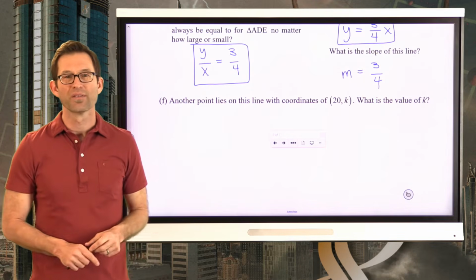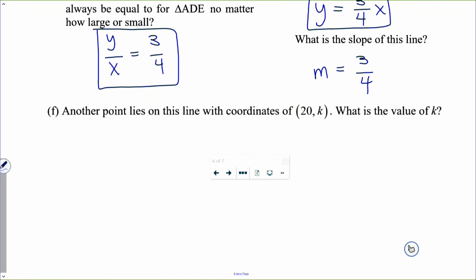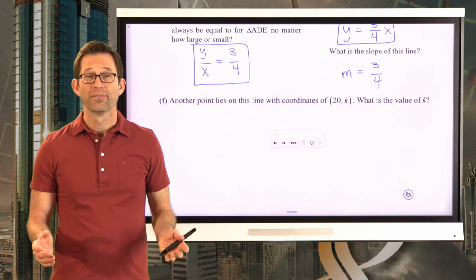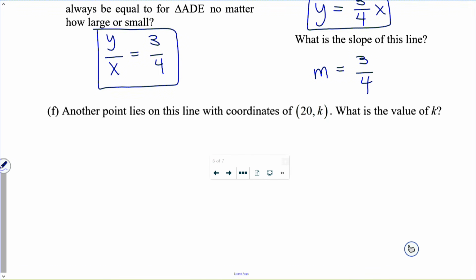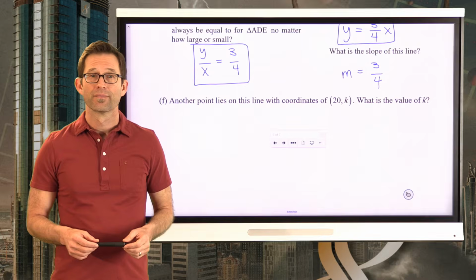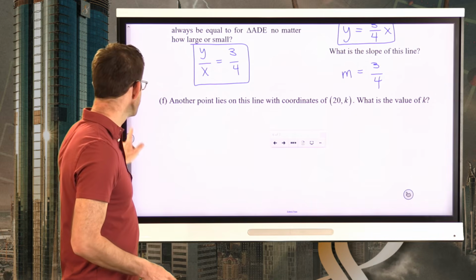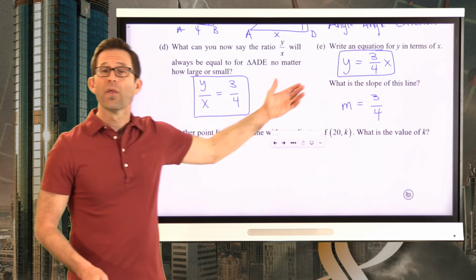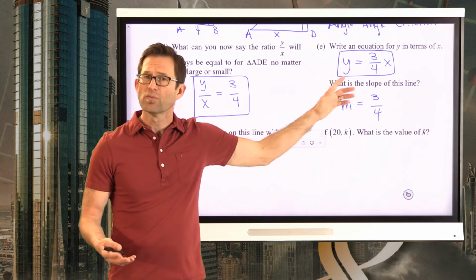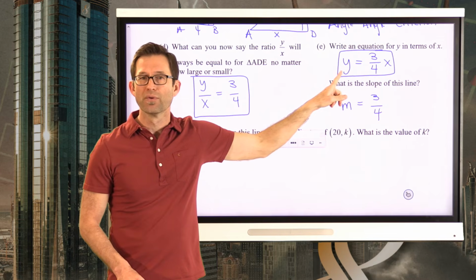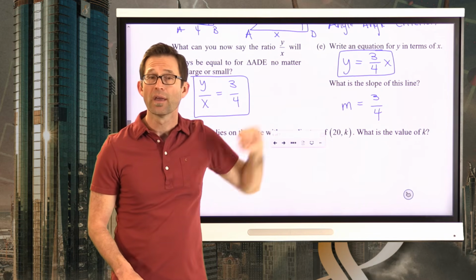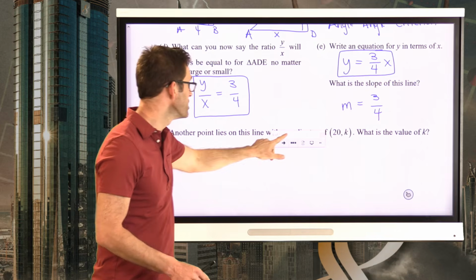Awesome. Last part of this question. Another point lies on this line with coordinates of (20, k). What is the value of k? All right. See if you can figure out what the value of k must be. Oh, it's actually pretty simple. And the reason it's pretty simple is that really, the whole point of an equation like this is, if I give you a value of x, you should be able to produce the value of y using this equation relationship. In which case,